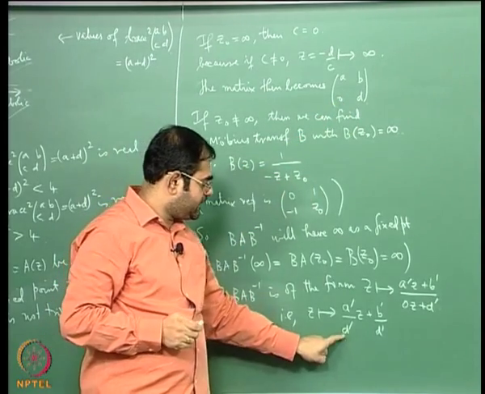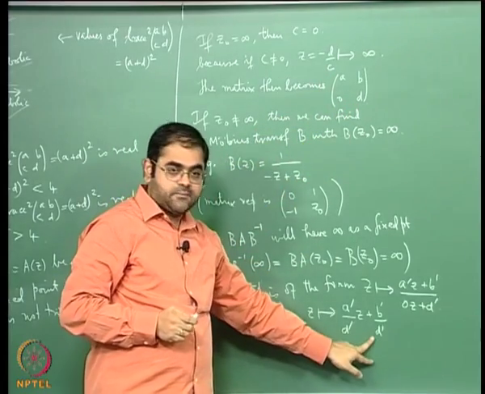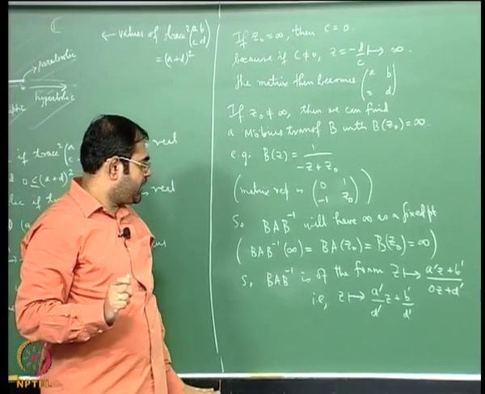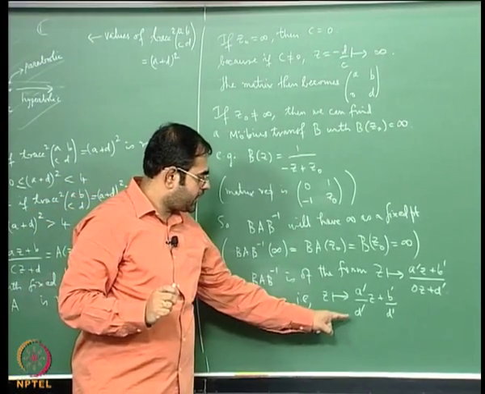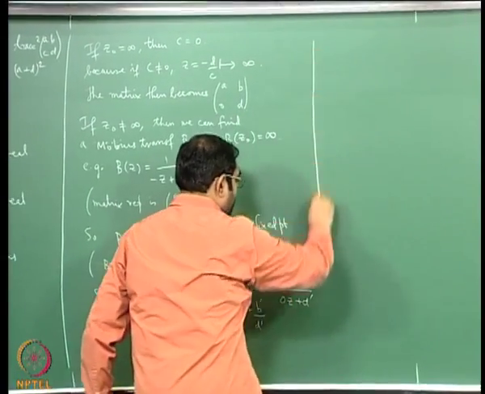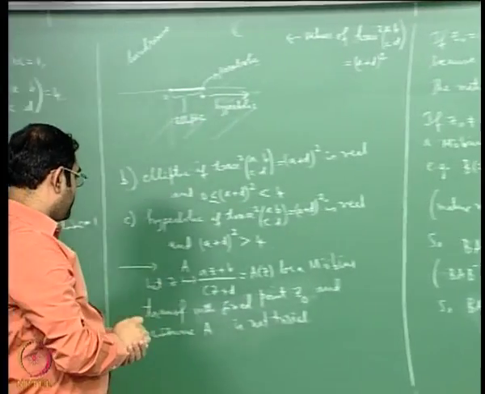So dividing by D prime here is allowed, there is no problem there. So now you see, if you put further the condition that